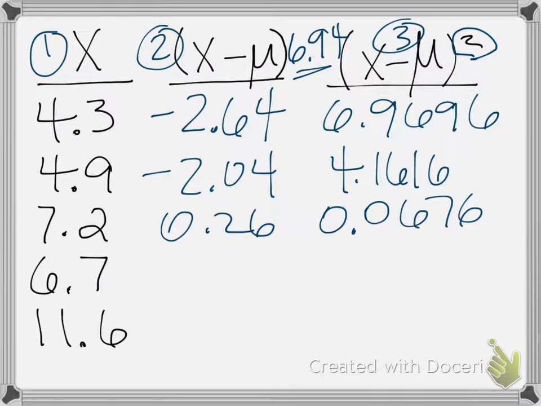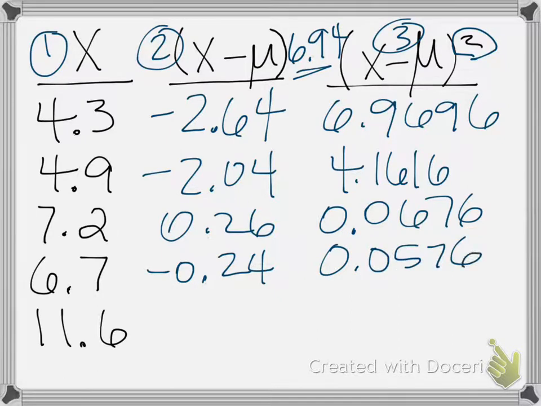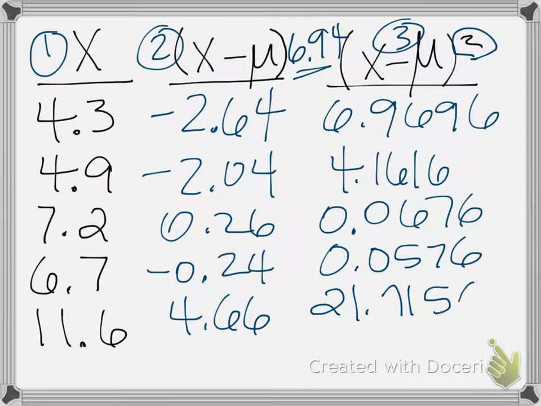Then we do 6.7 minus the 6.94, negative 0.24. Again, square it for 0.0576, and then lastly our largest return was 11.6, so we subtract out the 6.94 for 4.66, square that to get 21.7156. And so now what we're going to do is just tally up all those values in column 3, and we would get a total of